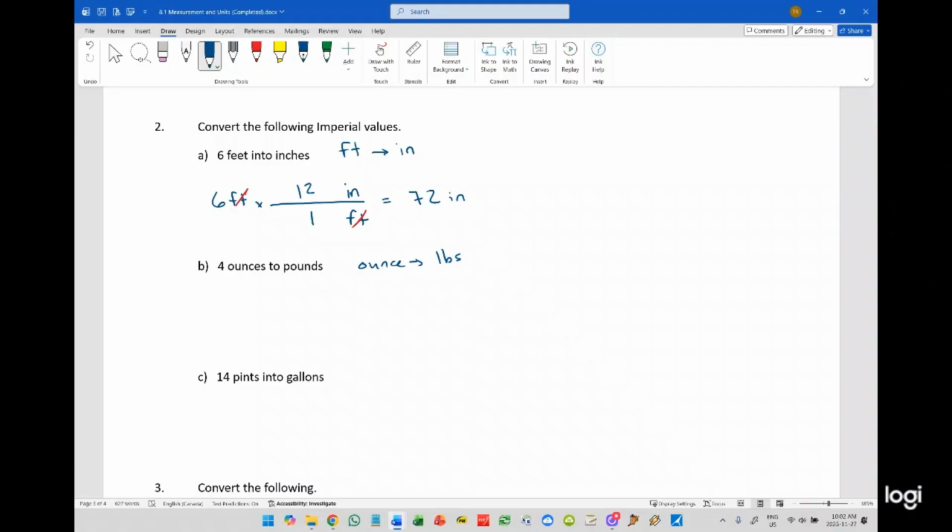But what we'll do is we'll start off with our 4 ounces. And we'll multiply by 1 fraction. Ounce goes on the bottom. Pounds goes on the top. And we know that 1 pound is 16 ounces according to the sheet that we had. Once I've canceled out those ounces, I'm left with 4 divided by 16, which is just a quarter, or 0.25